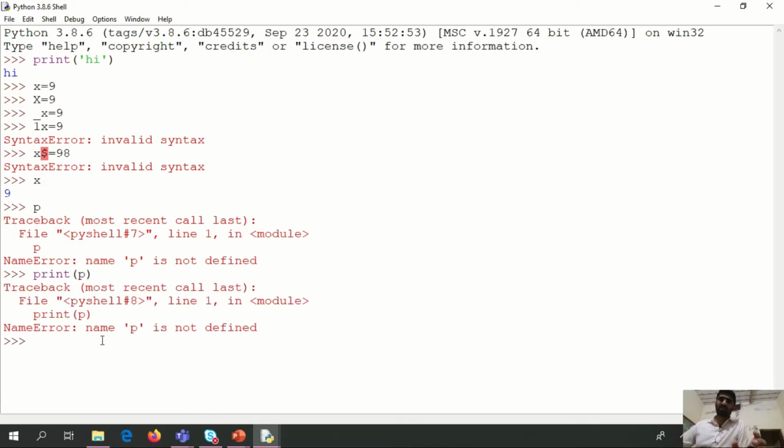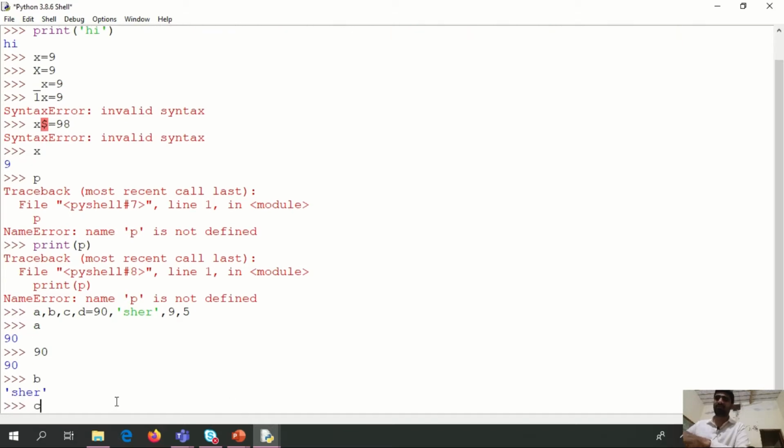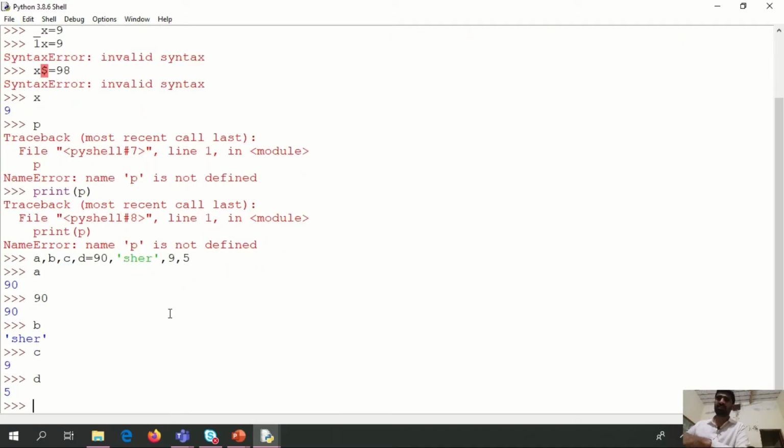The second most important thing is you can assign multiple identifiers in the same line by using commas. Here I have assigned 90 to variable a, my name to variable b, integer 9 to c, and integer 5 to d. Now in a you can see the value 90, b has my name, c 9, and d 5.